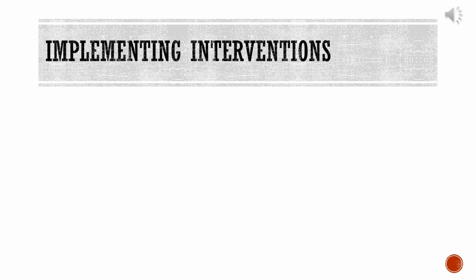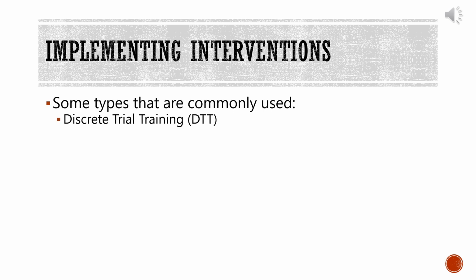There are a wide variety of evidence-based treatments that are used in behavior analysis. Some examples include discrete trial training and natural environment teaching. DTT is a structured approach to behavior analysis where the RBT leads learning opportunities and breaks down skills into smaller learning units. NET, on the other hand, is a less structured approach that is often led by the motivation and interests of the client. We will discuss DTT and NET more in detail throughout this course.